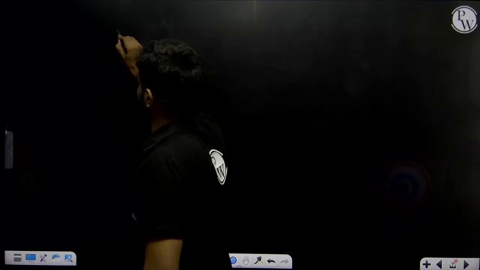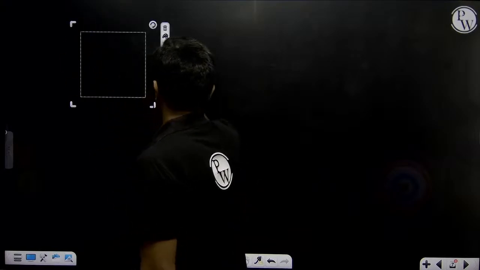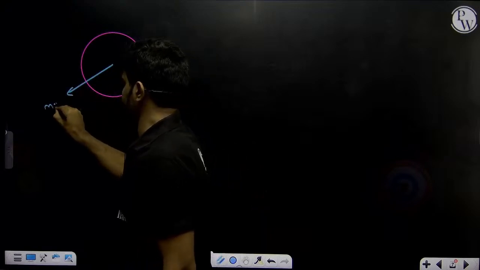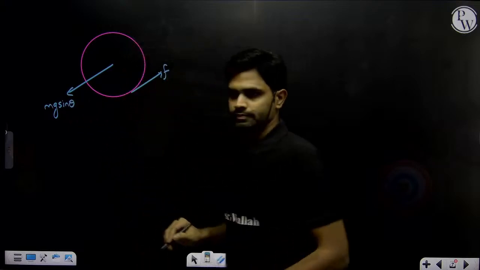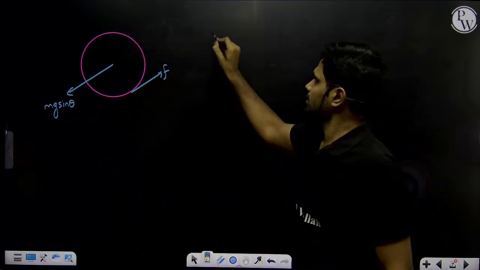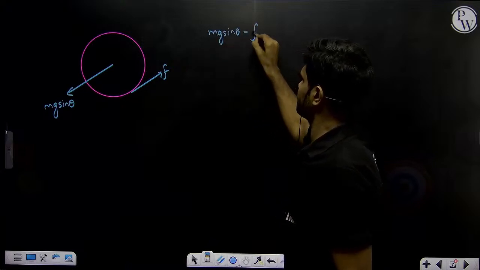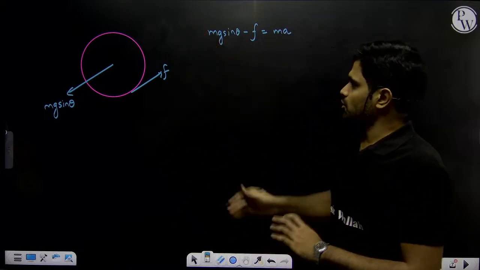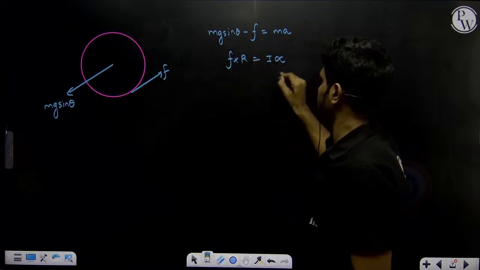So what will be the equations for this? If you draw the forces, mg sin theta, friction, right? So what will be the equations? Mg sin theta minus F is ma, that is the force equation. Whereas the torque equation would be F into R is I alpha,